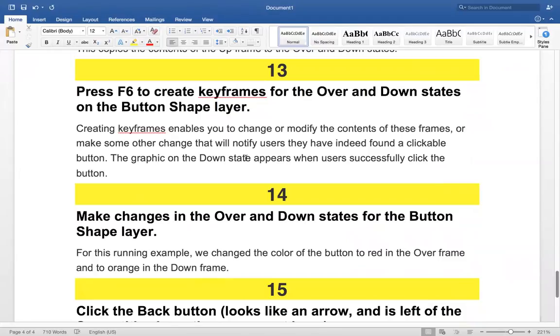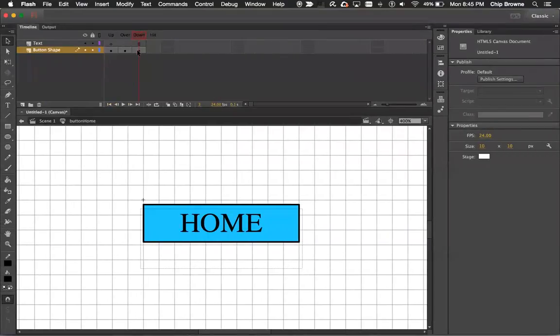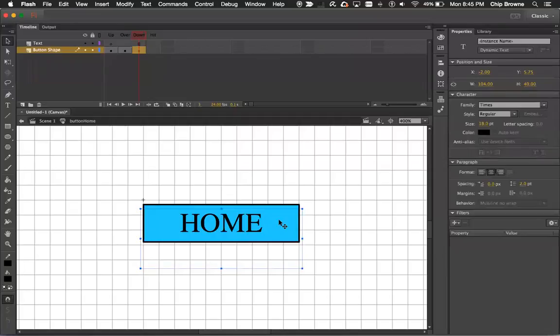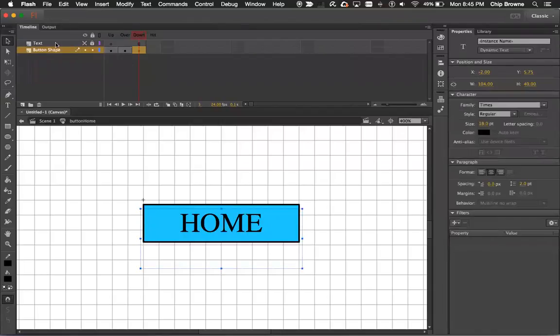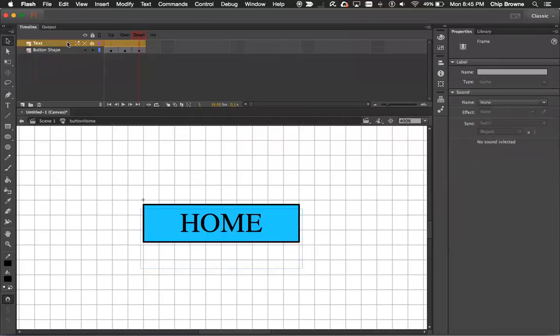So the graphic on the down state, so this here, this graphic, and that's the text that I'm pointing to, and so you can lock. Let's lock the text. And if we hide the text and come down here, and we're selected on the button shape layer here. And so then